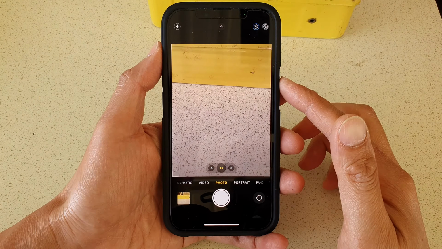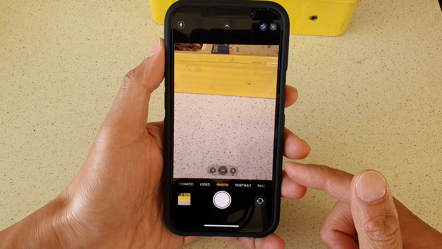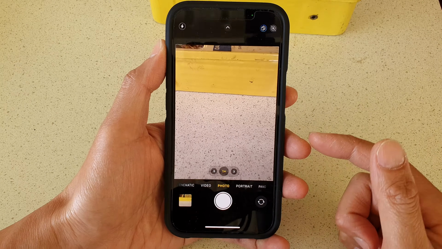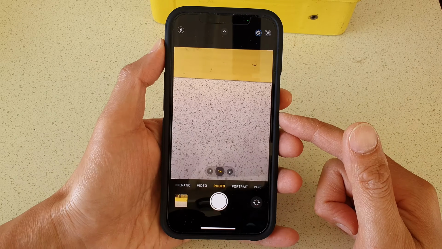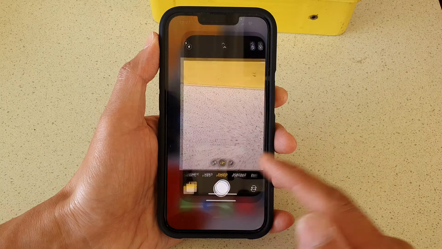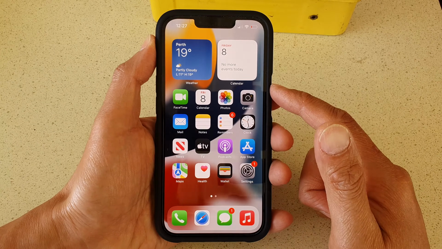Hey guys, in this video we're going to take a look at how you can take a photo or a picture using the iPhone camera on the iPhone 13 or the iPhone 13 Pro. First, let's go back to your home screen by swiping up at the bottom of the screen. On your home screen, open up the camera app,